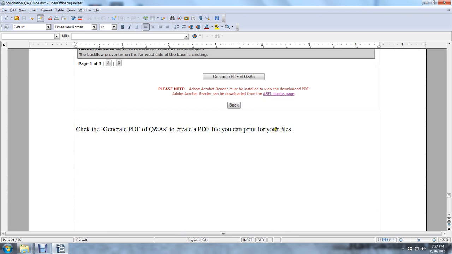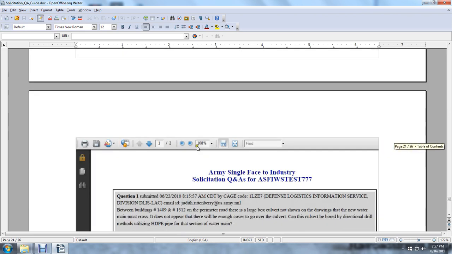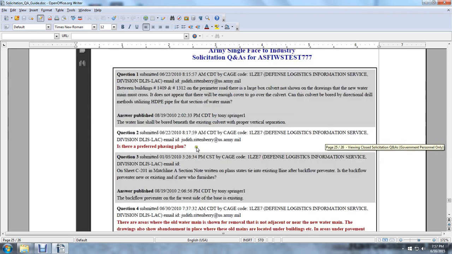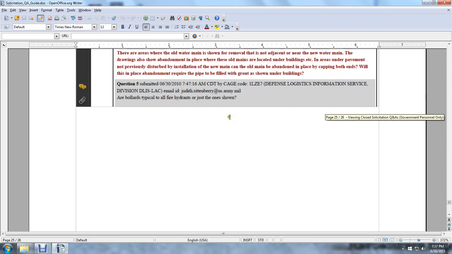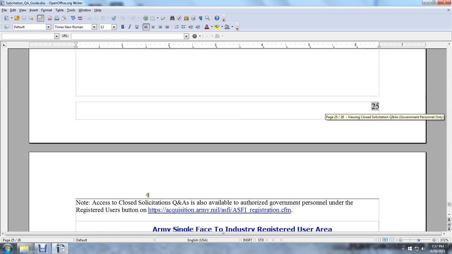Create the PDF file. You can print it to your own files. And then you have a copy of your own Army Single Phase Industrial questions and answers for this solicitation number. Access to closed solicitation questions and answers is also available to authorized government personnel under the registered users area at the acquisition.army.mil